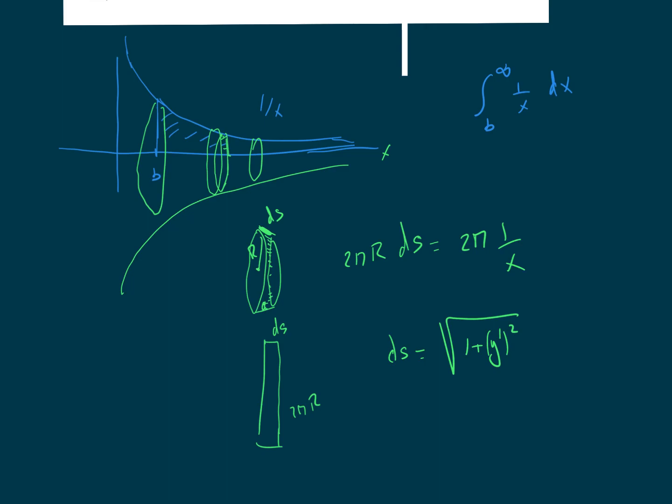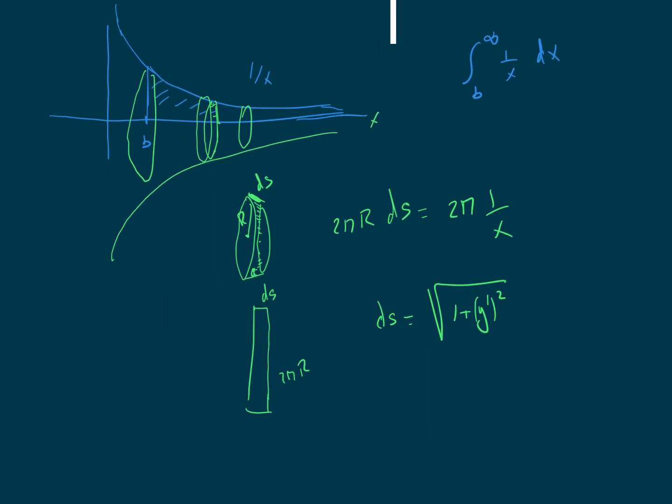In this case, ds is the square root of 1 plus y prime of x squared dx. This is the length. So I have to plug in here the ds. So it will be a square root of 1 plus